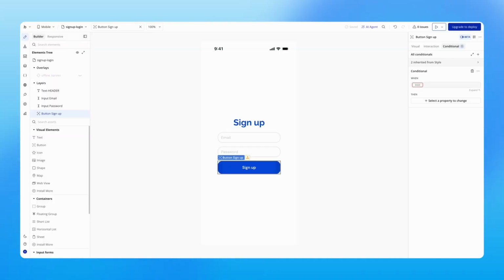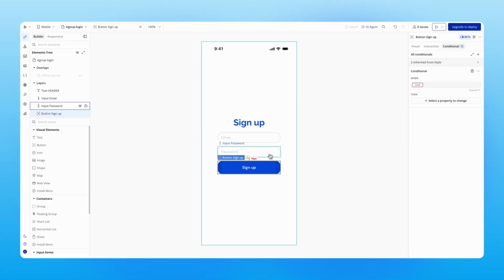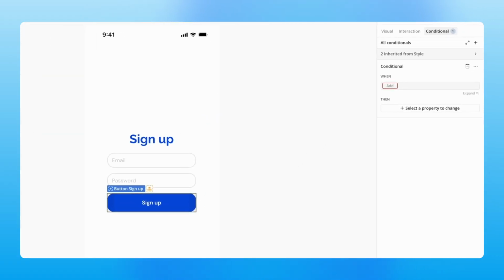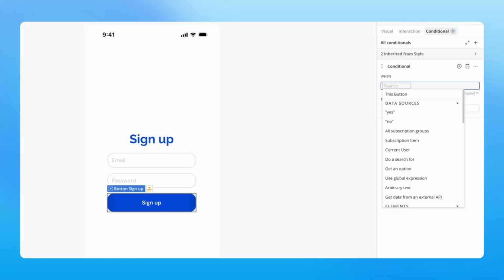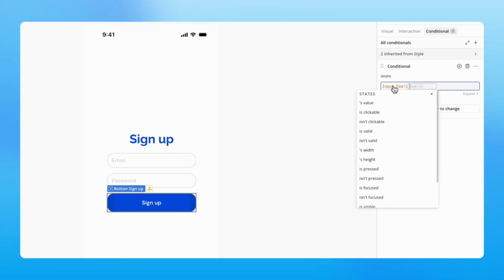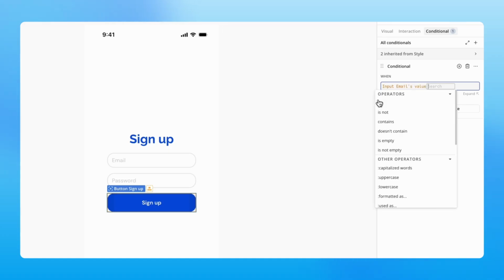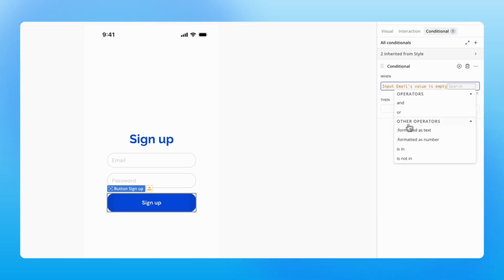So what's our conditional? Well, when either the email or password field is bad, let's have the button look faded and be unclickable. To do that, under where it says when, we can add what's called a dynamic expression that determines whether or not the conditional will evaluate to true or false. So I'm going to add the following expression. When input email's value is empty, or when input email